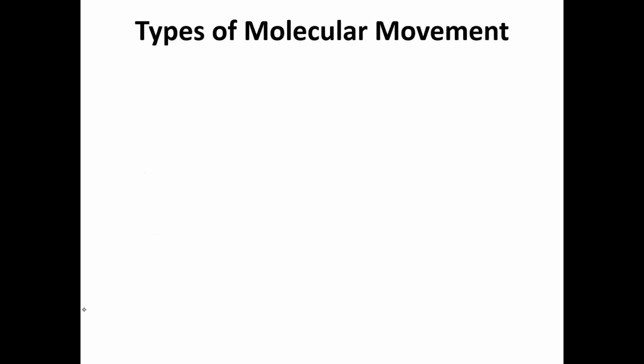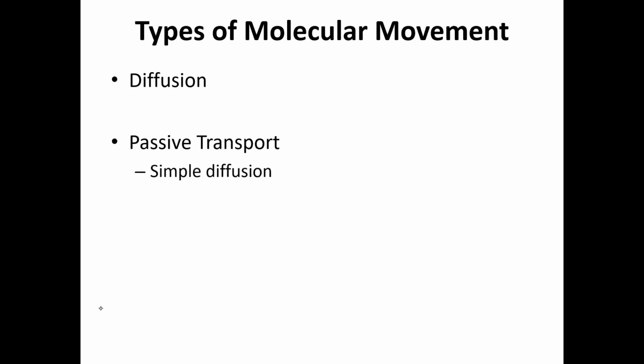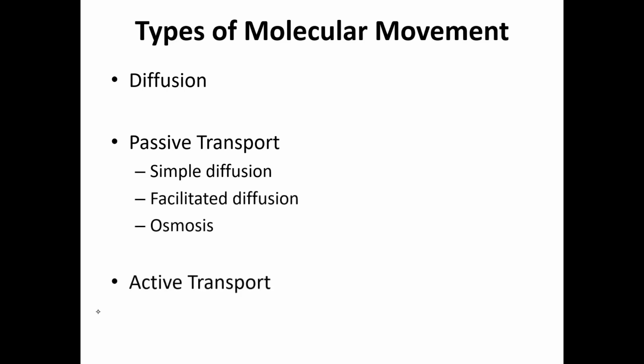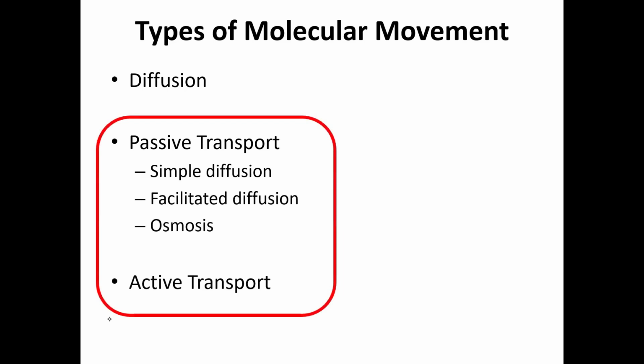And then we have types of molecular movement across the cell. We have diffusion, and we have transport. Under passive transport, we have simple diffusion, facilitated diffusion, osmosis, and then active transport. When we say diffusion, it means the movement of molecules from a region of higher concentration to a region of lower concentration. What does that mean? It means that you have a situation where molecules are in a region where their concentration is very low, and you have a region where the molecules are very